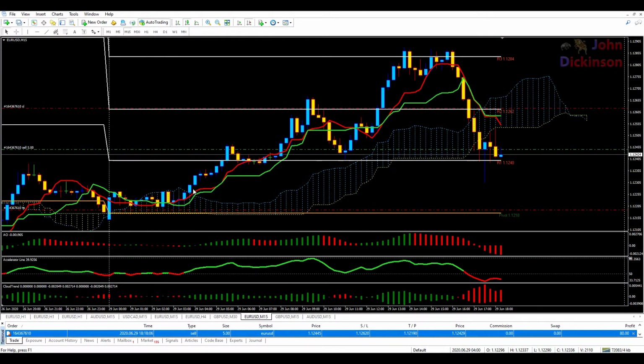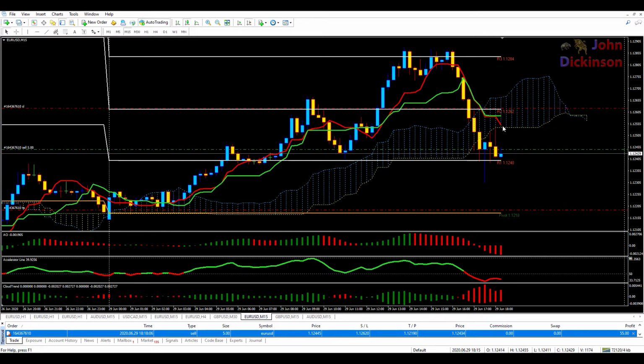Guys, I'm on the EUR/USD 15-minute time frame and I've just entered a trade. The candle closed below, and I saw that price had moved below the cloud. There was a red line moving downwards, one of my signals, and I set my stop loss up here